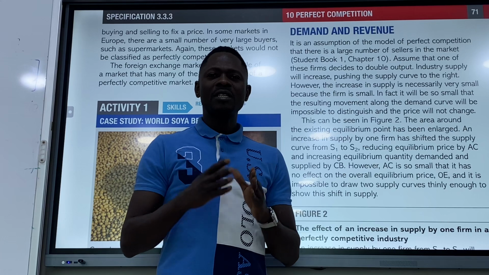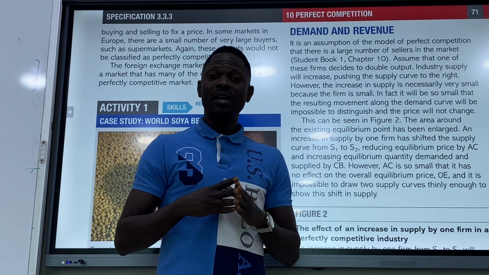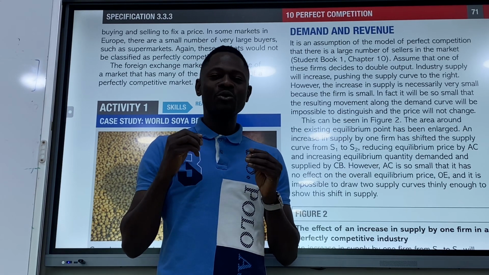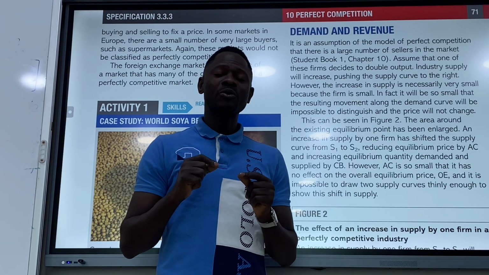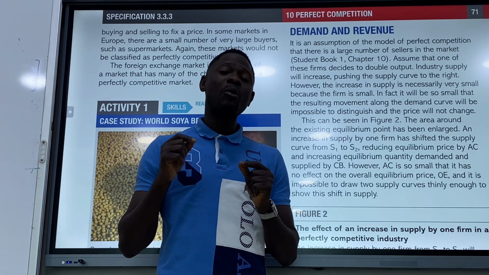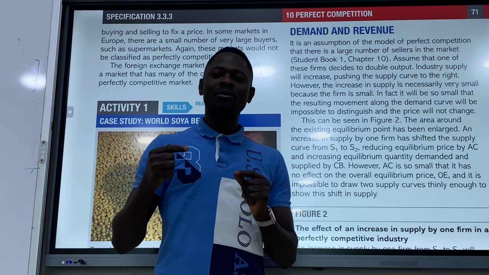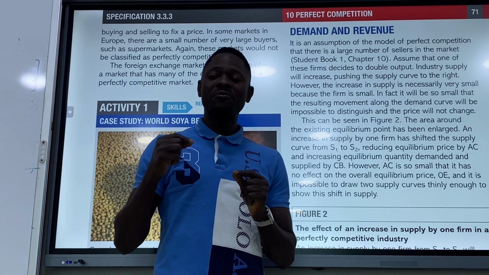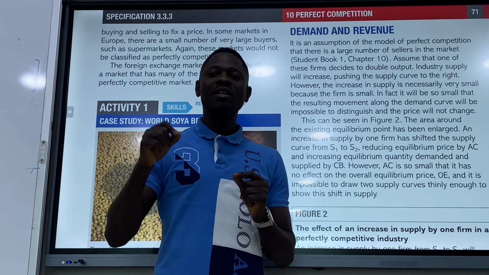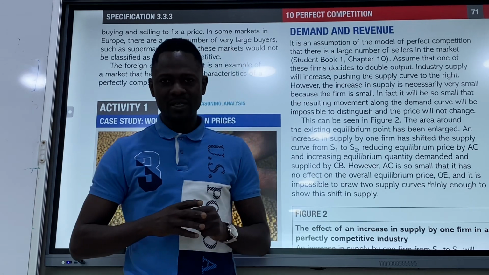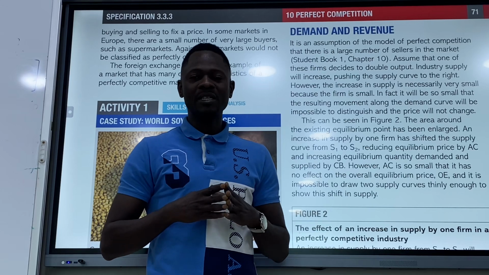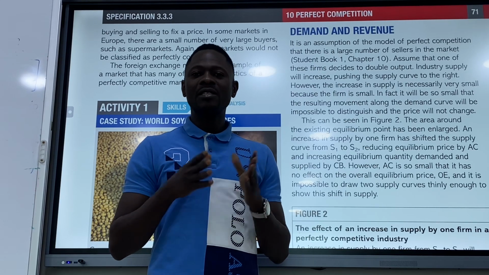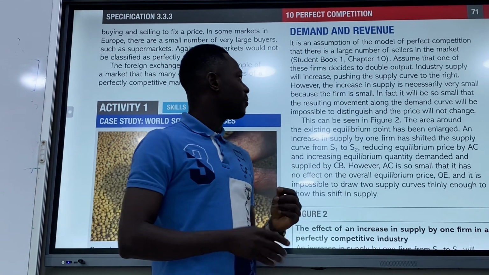As a result, the price will still remain the same and the quantity will not be impacted, which means no matter what happens with that firm, if the firm decides to increase its output, it's not going to have a significant impact in the output of the industry. That is the point they are making. As a result, price will remain almost the same. So we get to read further.